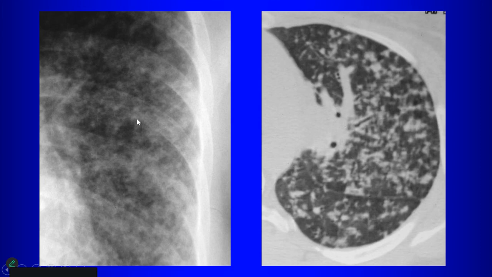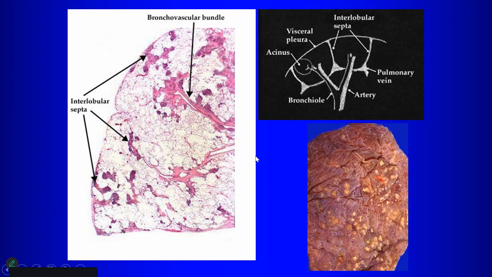So sarcoid is also in our differential for miliary disease, or what looks like miliary disease, or micronodular disease. Right, so multiple small nodules. So we can see that also with sarcoidosis. But as we've said with sarcoid, the nodules tend to have a particular distribution. The term we use for that distribution is